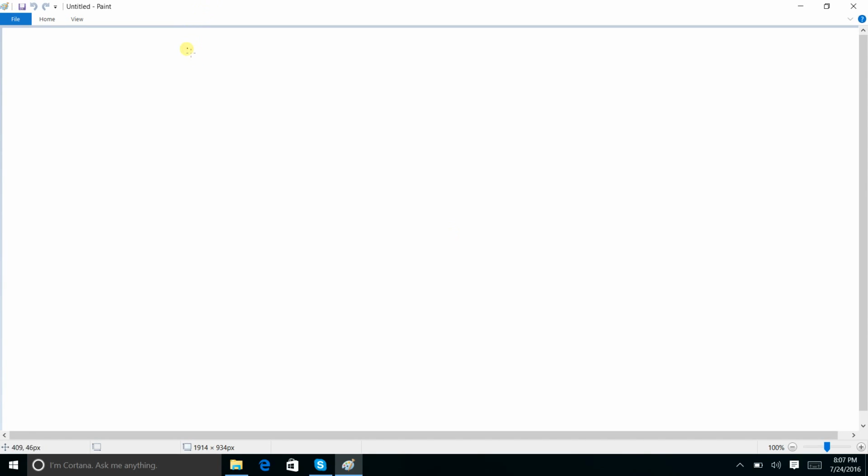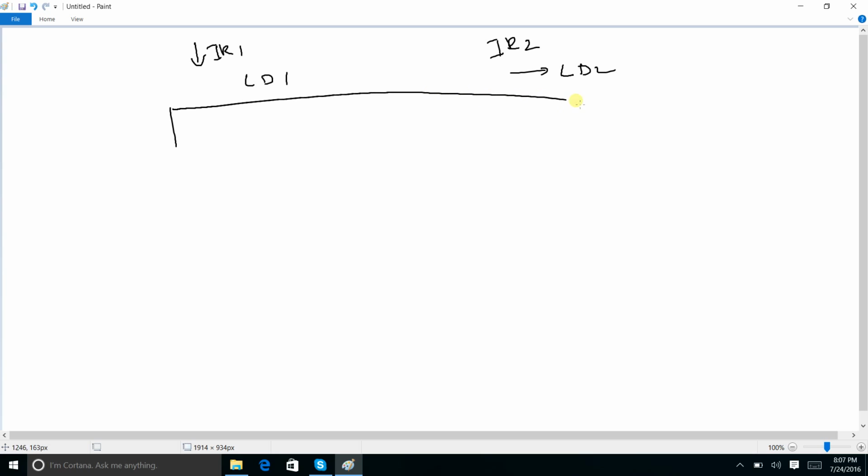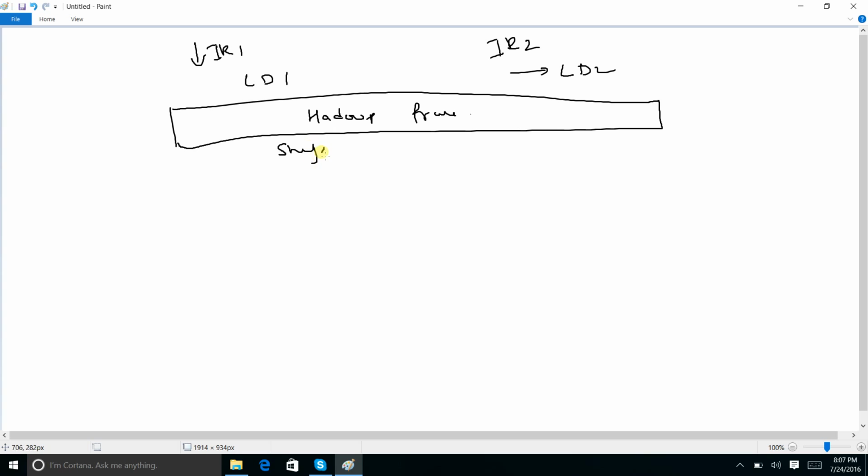Now I have intermediate result 1, intermediate result 2, local disk 2 stored, local disk 1 stored. Now again I have the Hadoop framework. What will it do? It will shuffle, sort and group the data on the basis of key,